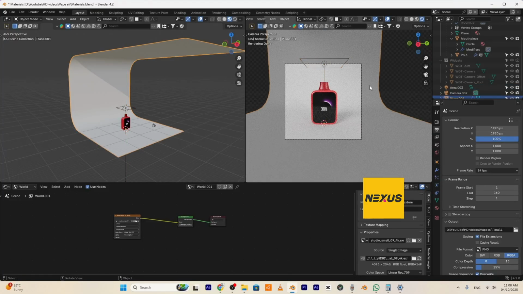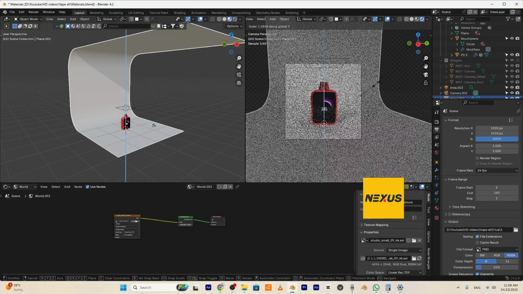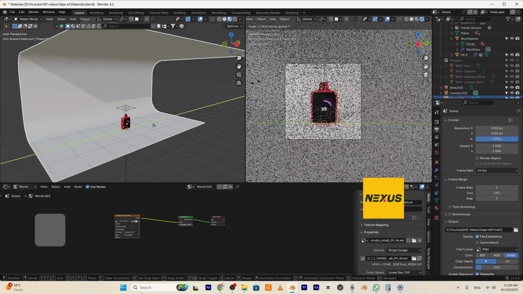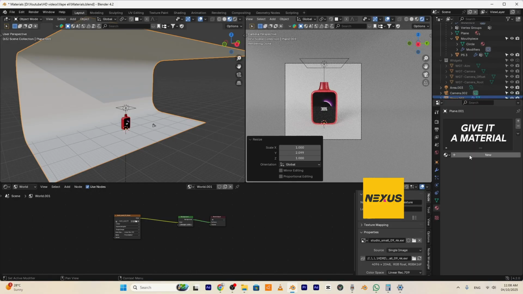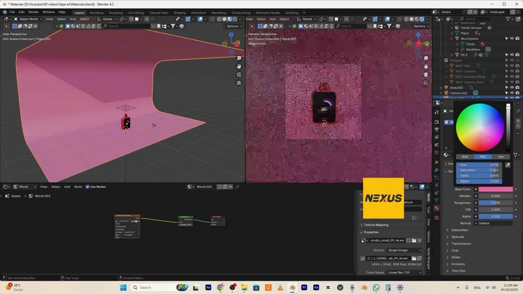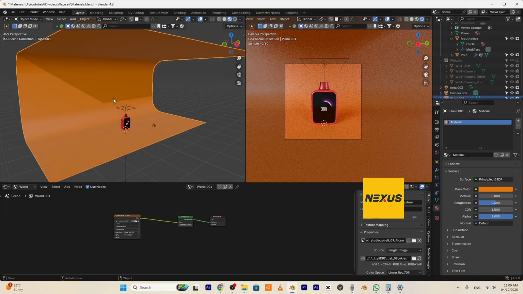I will scale this one along Y axis, like this. Okay, I will give it a little of maybe something like this. Okay, create another light,